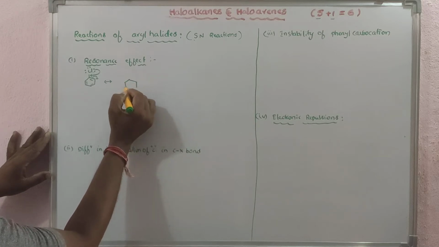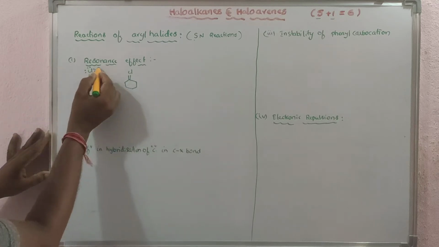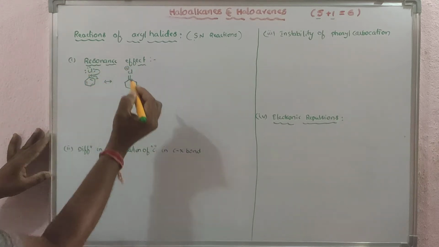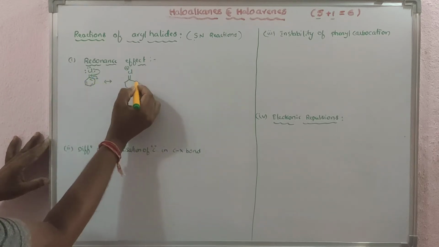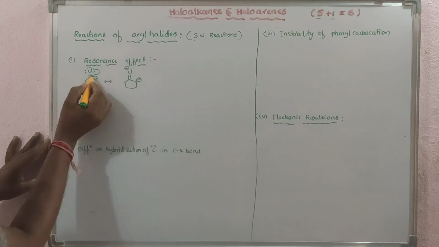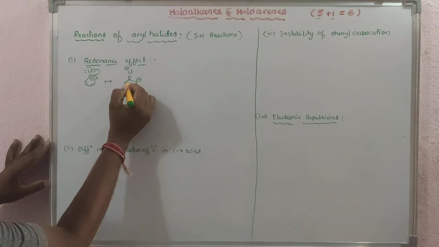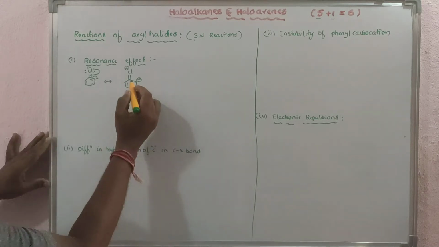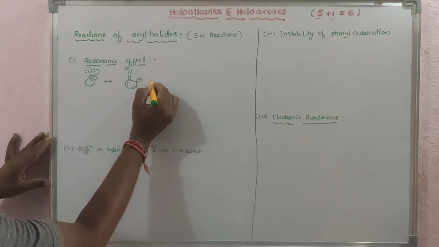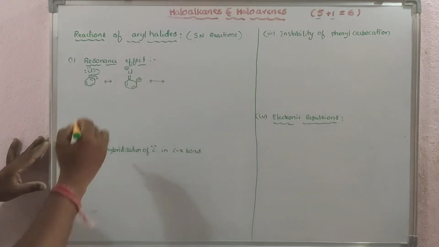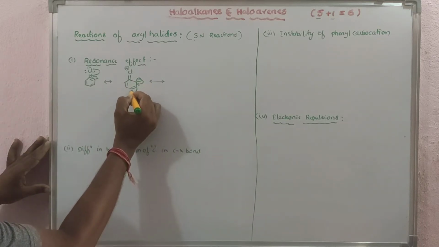You will get a resonance structure with a double bond between the carbon and chlorine. Chlorine is losing electrons, so it acquires the positive charge, and this carbon acquires the negative charge, because the bond electrons move towards the carbon. Now there is a double bond here, and here also there is a double bond. So again the negative charge and the double bond are in conjugation, and being in conjugation they are involved in resonance, so this bond will come here and these bond electrons will go towards here.